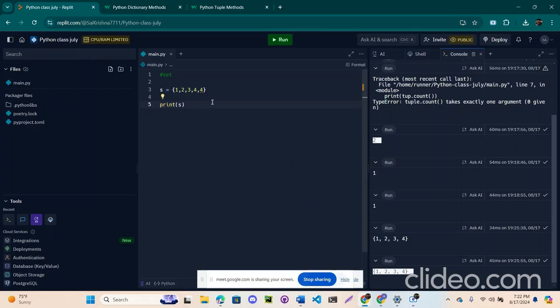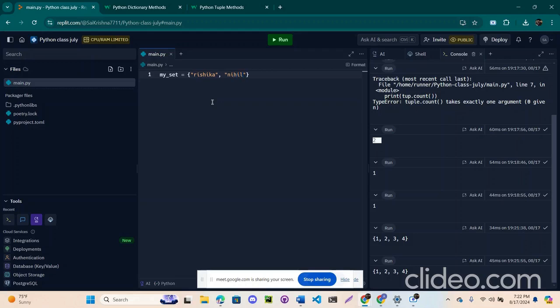For example, if I want to create a set that should contain only usernames, basically they should not be repeated: Rishika, Nikhil, Abhyaka.